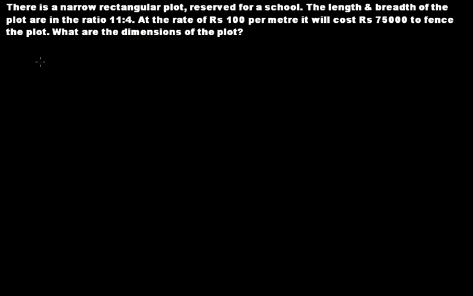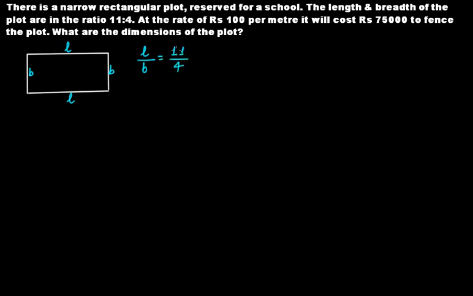So the plot is of rectangular shape. So this is a rough diagram. So this is our rectangular plot and you have to fence it, right? You have to fence the boundary. Now, clearly the ratio of the length and the breadth given is 11:4. So let's say that this is L, this is L, this is breadth, this is breadth. So length L, ratio breadth is